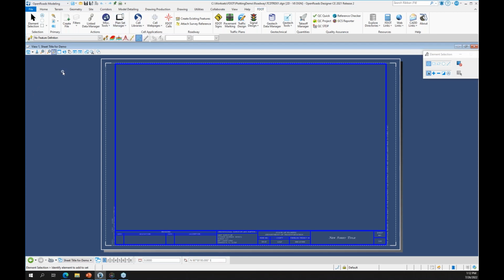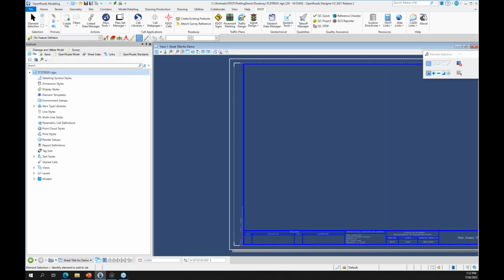The data included in the title block is stored in the model properties. They are item types. Item types. So if you look at Explorer real quick,